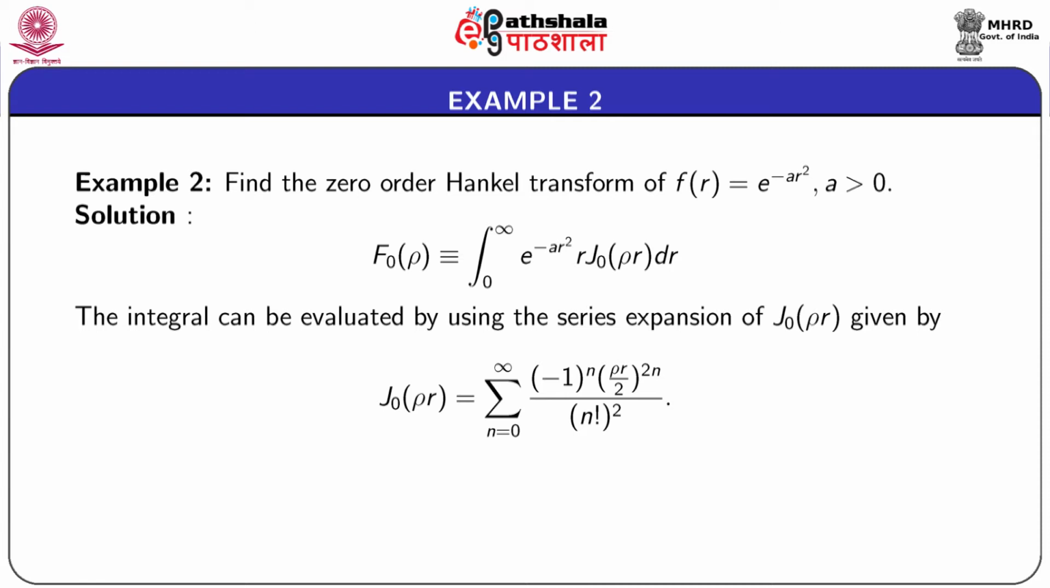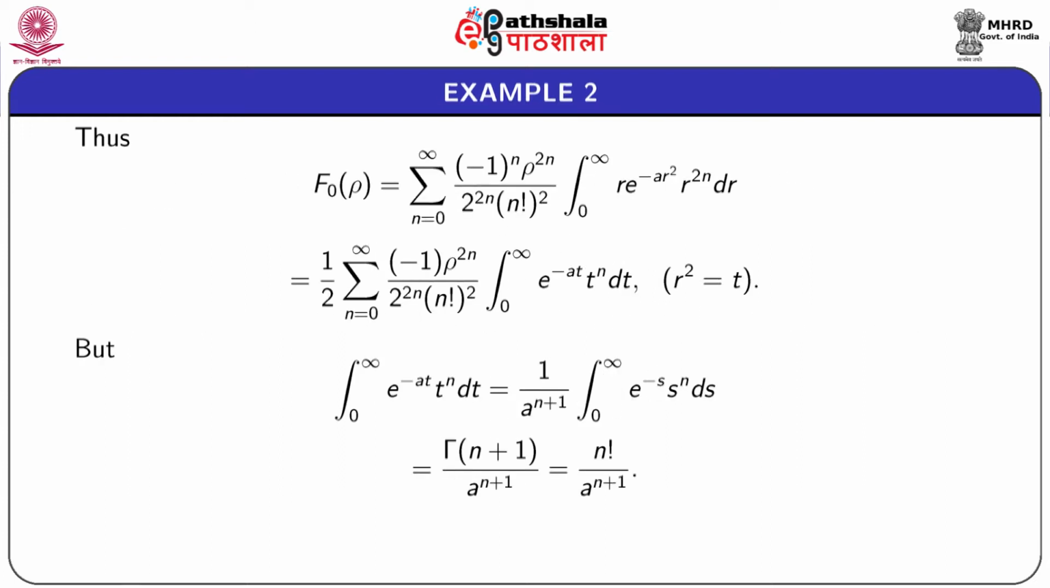This integral also we shall evaluate by using the series expansion for the Bessel function of order 0, J naught(rho r), which is given here. Now, we substitute this series expansion in this integral to obtain F naught(rho) as this. Here the integral can be simplified by substituting r square equal to t, so that F naught(rho) is given by this expression, and the integral here, that is the t integral,